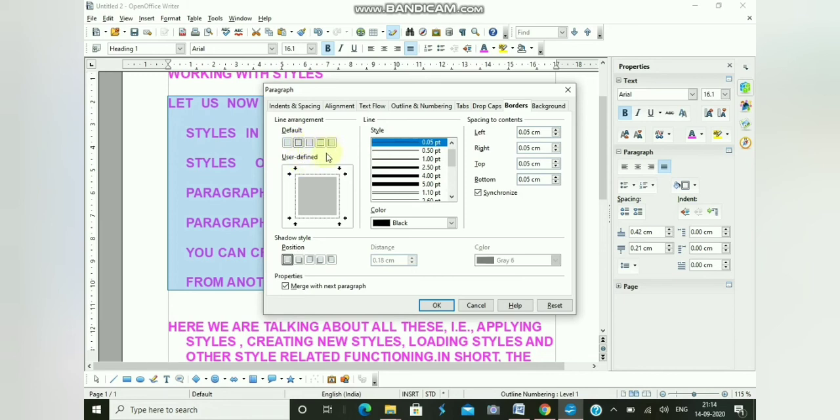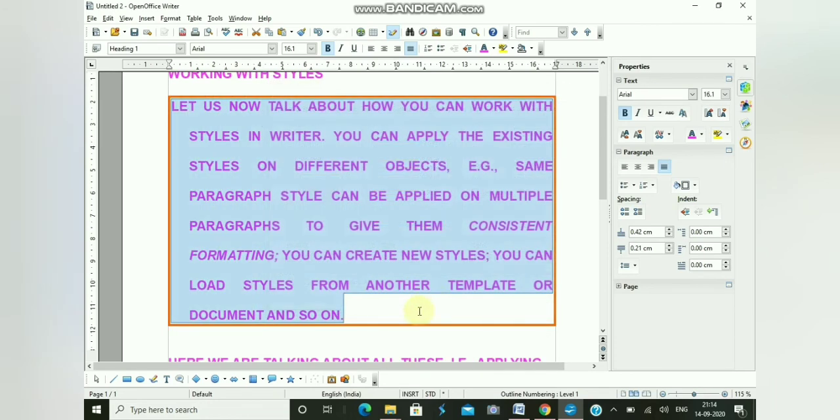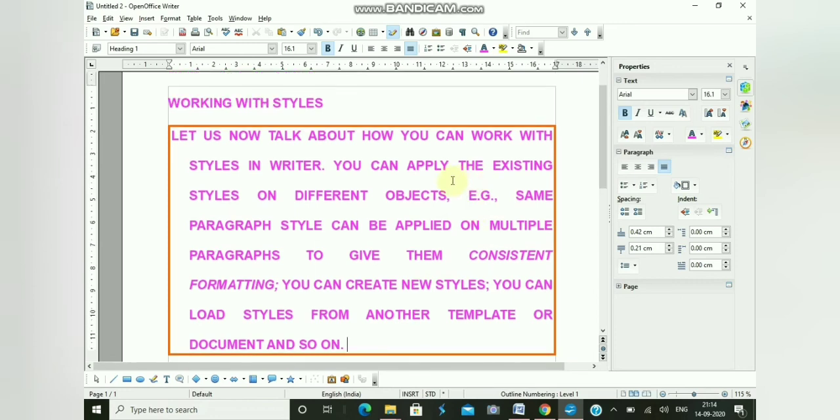You have to click on the border option where you want to set your text in between. There are different options given over here, and I have chosen the second one. Similarly, you can set the width and the style of the line, which type of line you want. A double line is there. Then I have chosen a thick border here. Similarly, you can choose the color for your border, so it will apply as red. Just click on OK, and you will find that the border has been applied to this particular paragraph. So these are the different topics which we have covered in our session today.